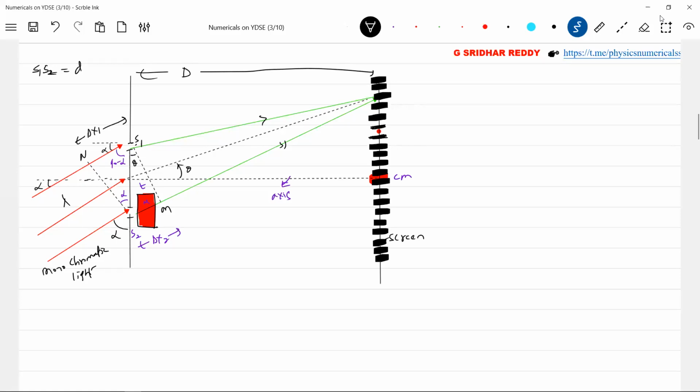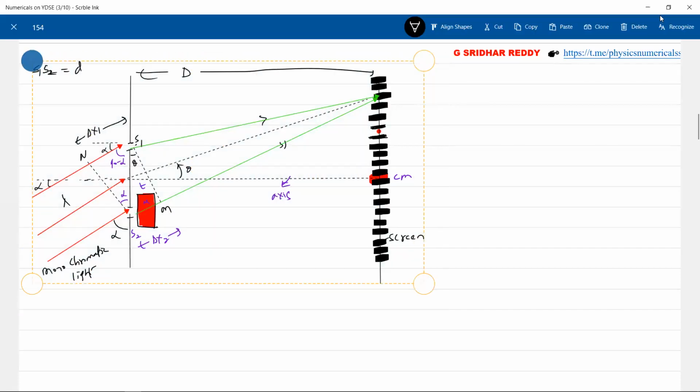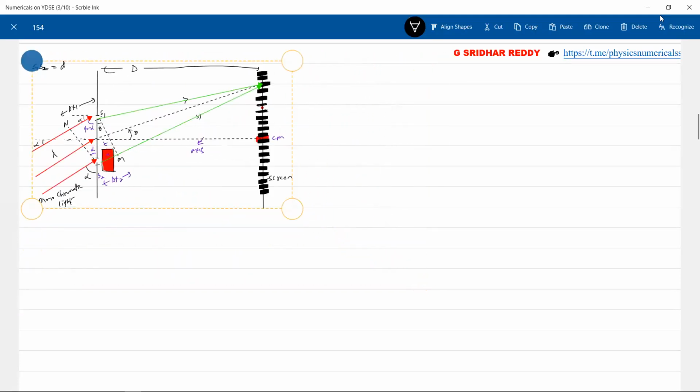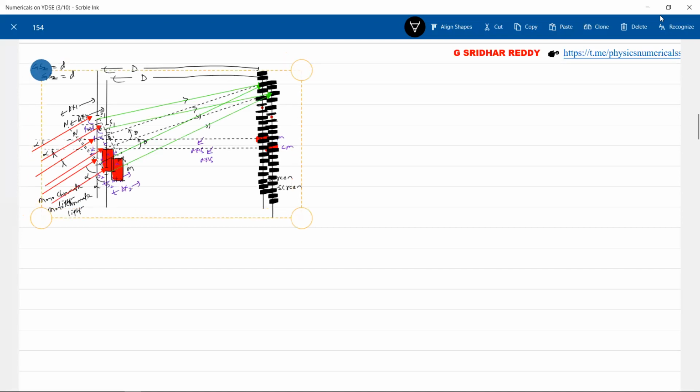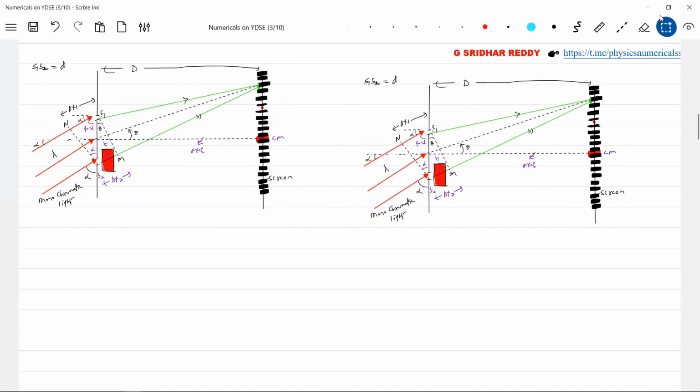Okay, let's try to write the equation now. What is the condition of central maxima? It must be here. What should be the thickness of the slab? That is the one basic condition I'm asking. If you find this diagram a little difficult, and you are unable to analyze, you can write the equation, or else I'll show you another way, instead of so much of mess.